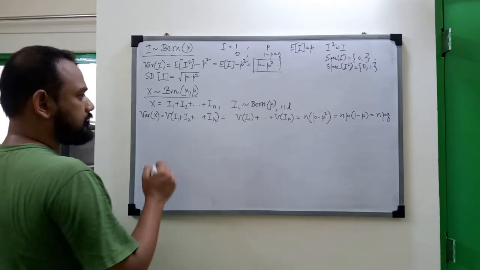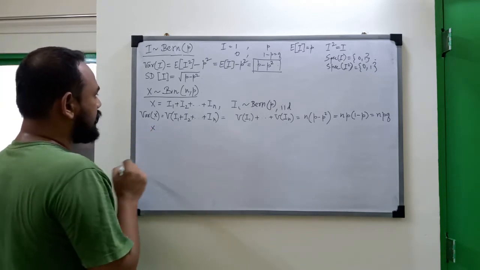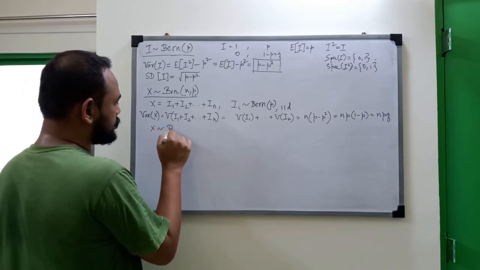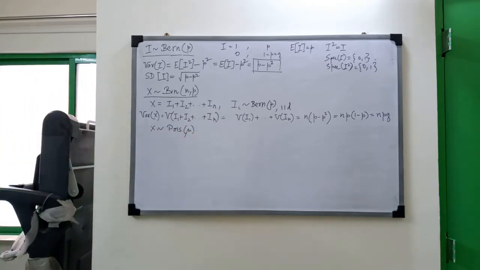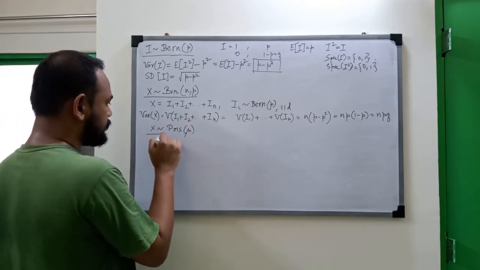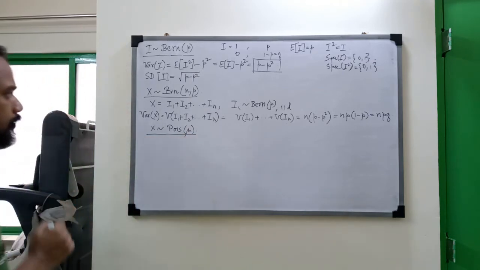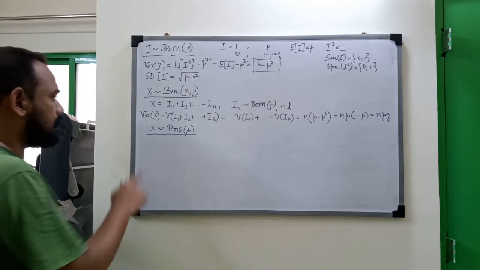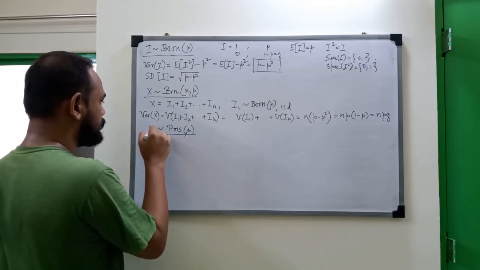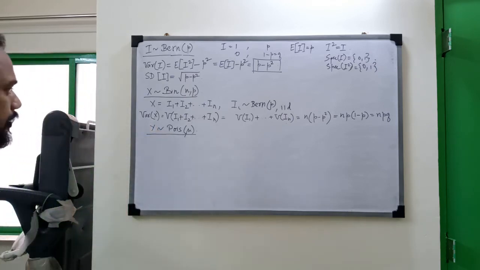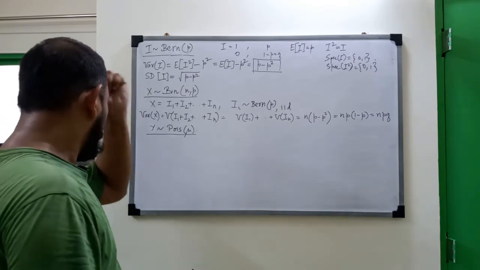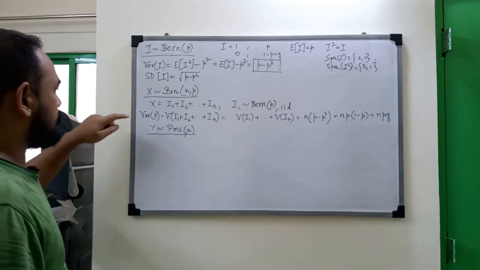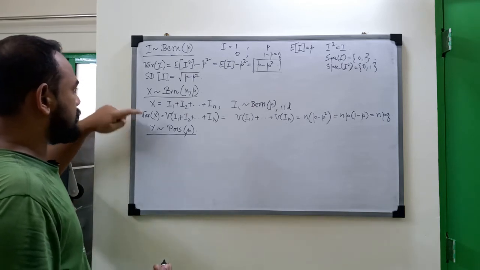Okay, let's do a final one. What about x is a Poisson distribution with parameter mu? What's the variance in this case? Well, or let's write y. Now you know there are two ways to think about it. Either go by the formula, or there's another way of thinking of Poisson distribution as a limiting case of the